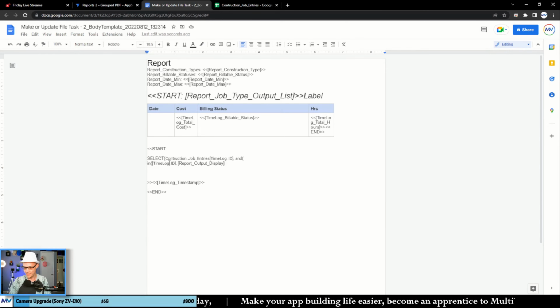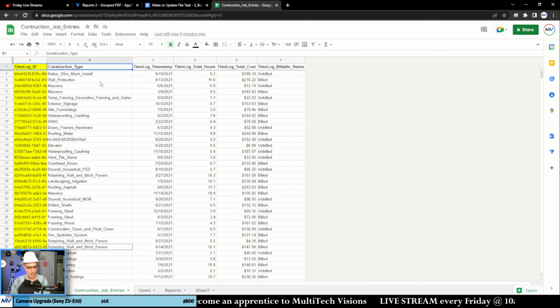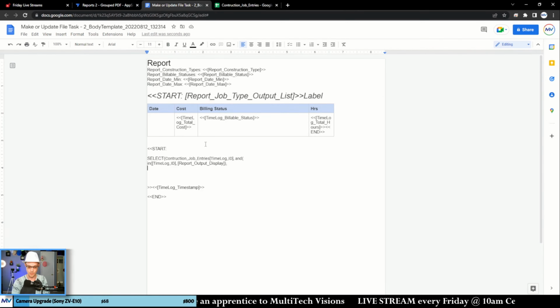So is the time log ID that we're trying to select from the construction job entries inside the report output display? Okay, that's part number one. Also then is the type. So we can come in here and grab the type column name. Also, is the construction type equal to this row minus 1